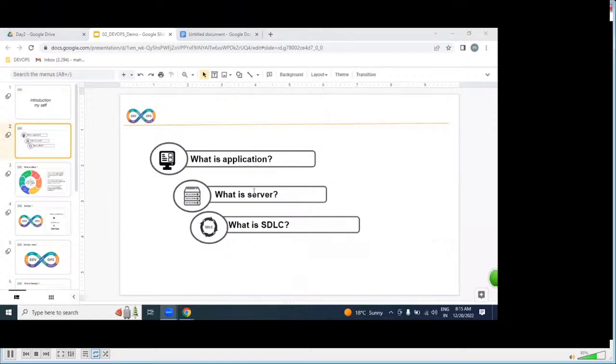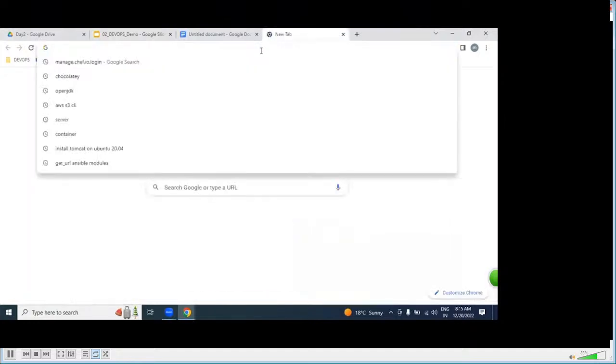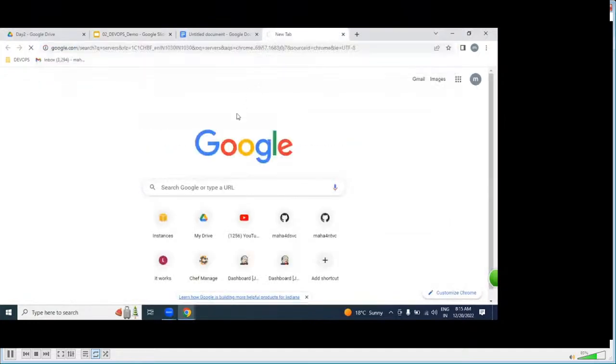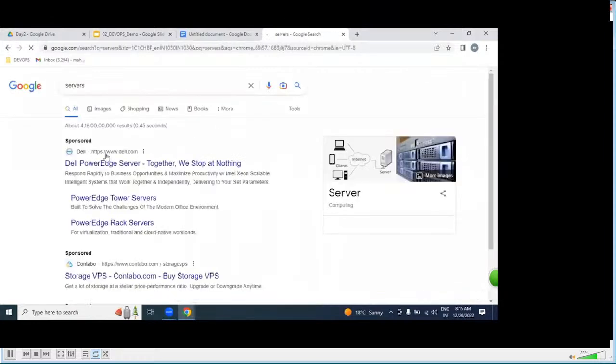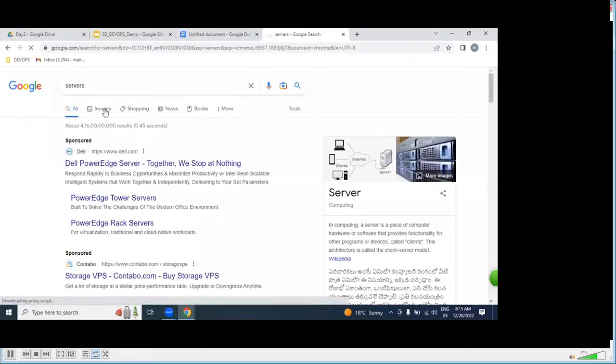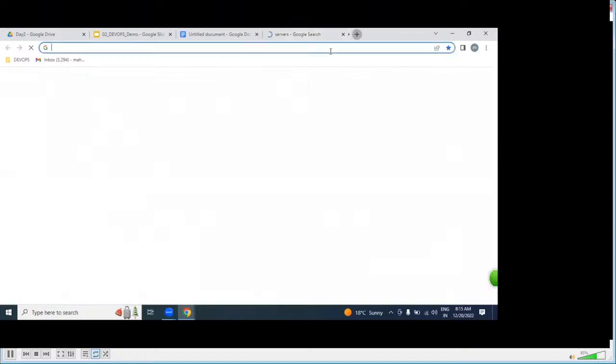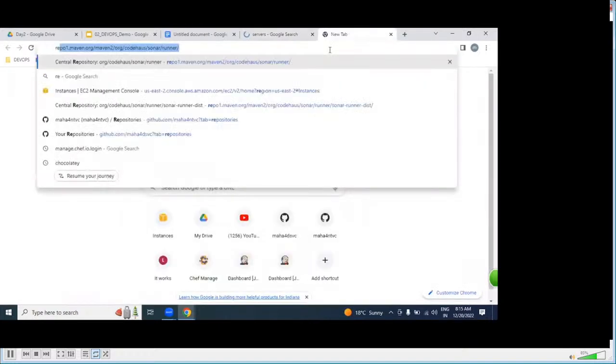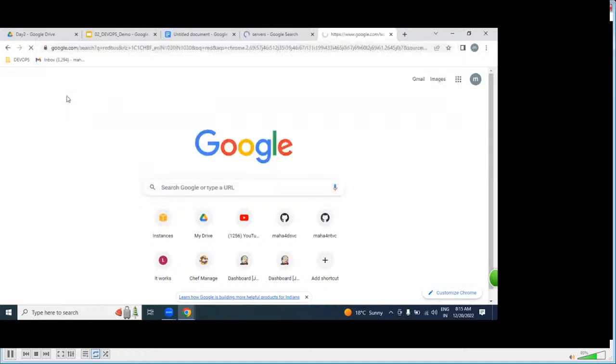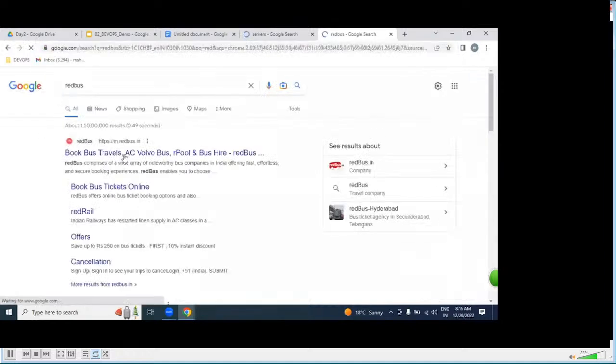The working software which is written in any programming language like Java, .NET, Python, we call an application. That application is placed on the server side. Once it is placed on the server side, you access it as a website like Redbus, Book My Show, IRCTC, Flipkart, any website.